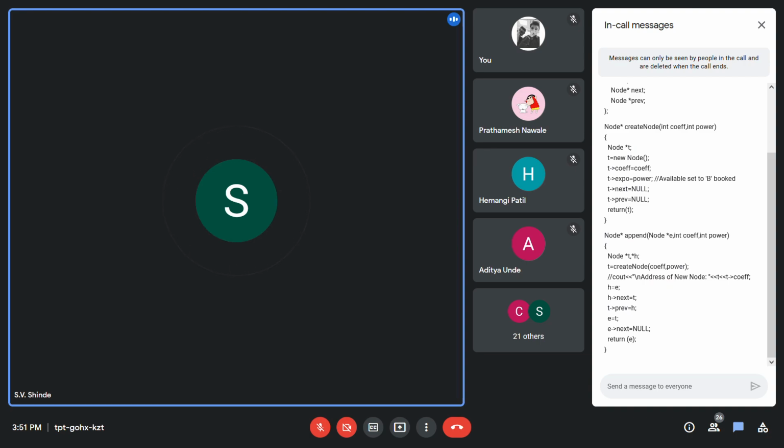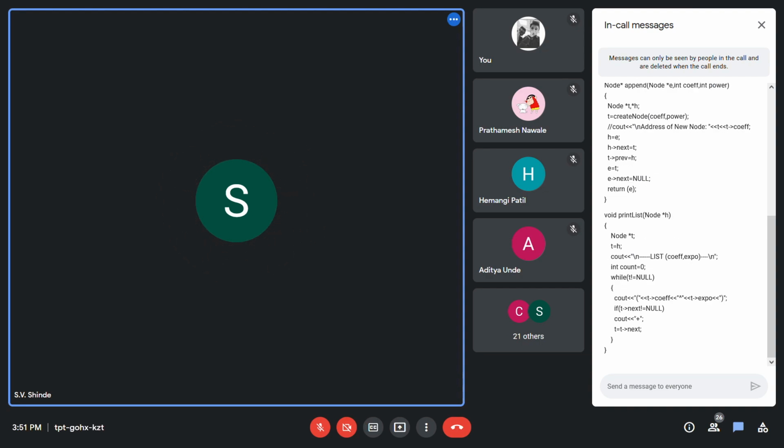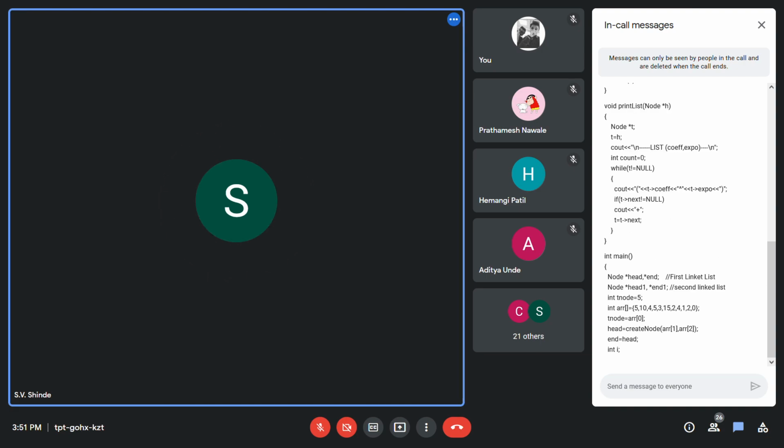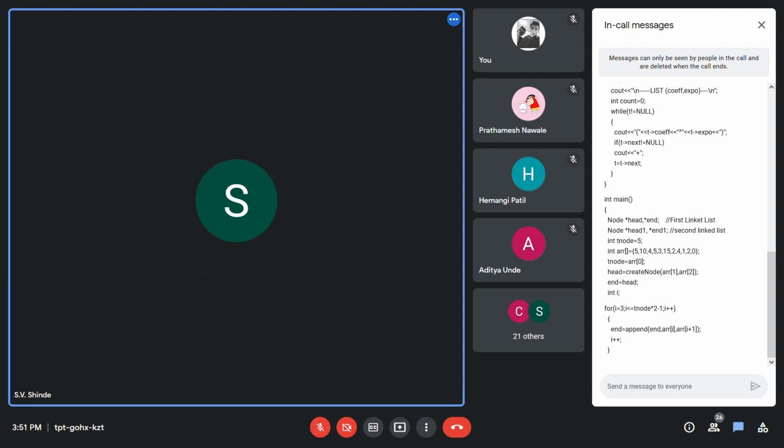So this is a major part of it. Print list is as per our format, whatever format you describe. And the main program will be designed as per your requirement. You can optimize it if you wish by designing functions and eliminating for loops.